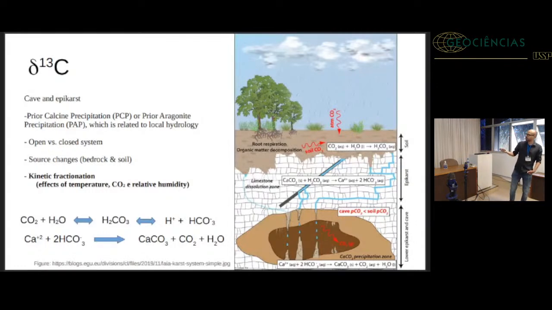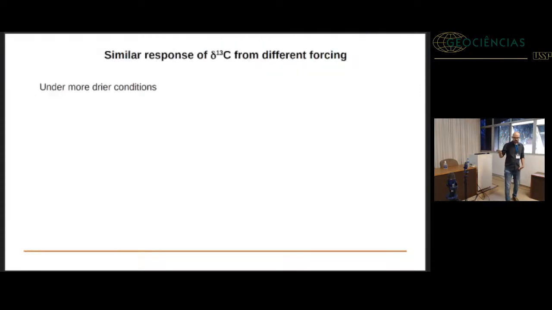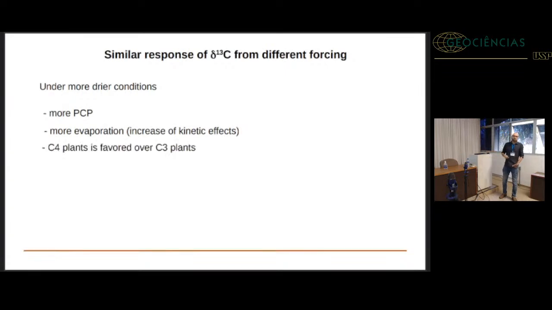is it possible to interpret δ13C? Well, the answer for that is, it depends, because many of these effects provide the same, let's say, behavior in the variability of your δ13C. For example, they have a similar response. If you have drier conditions, you increase your PCP. Also, you increase the evaporation, which will increase the kinetic effects. If you have a long time, say for 1,000 years, with more dry periods than in the previous time,